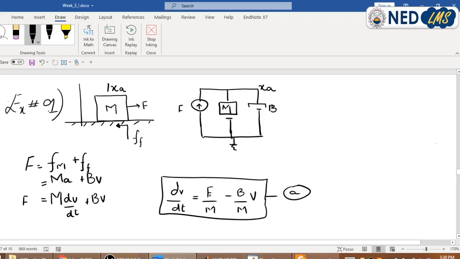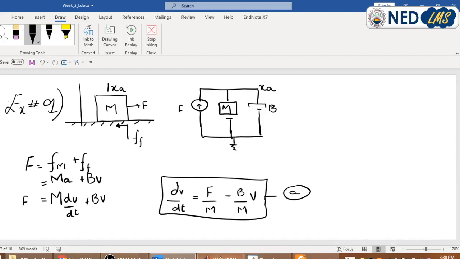Here we will not use those solutions to find the solution of this differential equation. We will use the tool MATLAB to represent this system, and with the help of MATLAB we will evaluate the response, and try to visualize how the velocity of this system changes with respect to time, and how this differential equation represents this physical system. So